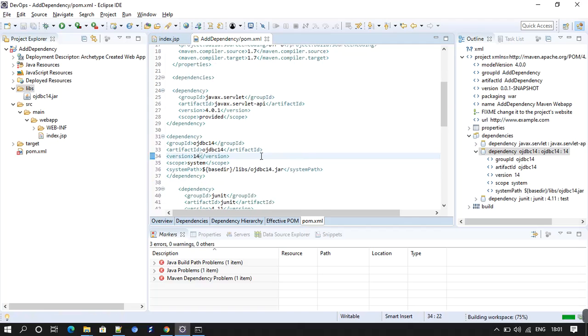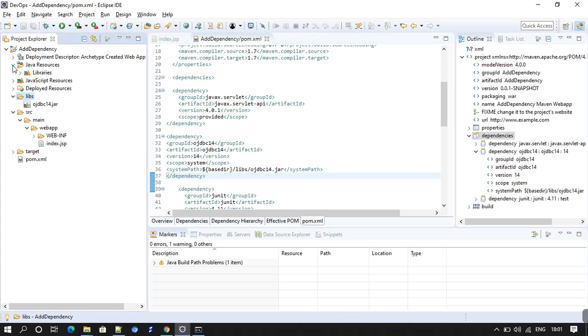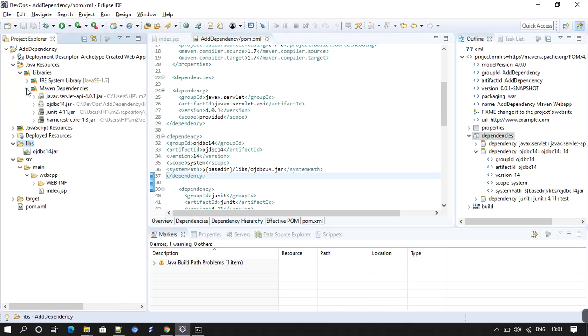Just click on save, and you can see that it got the system path, and you can see this symbol that shows that this jar file is now being used. You can check Maven dependencies also. You can see that it is now present here.